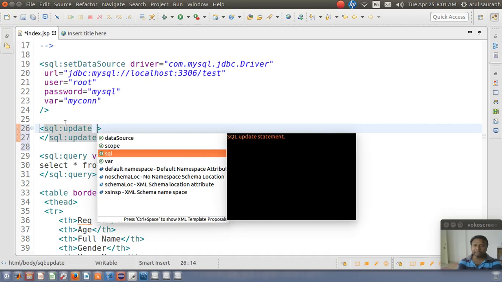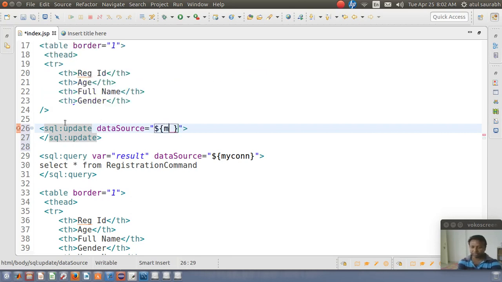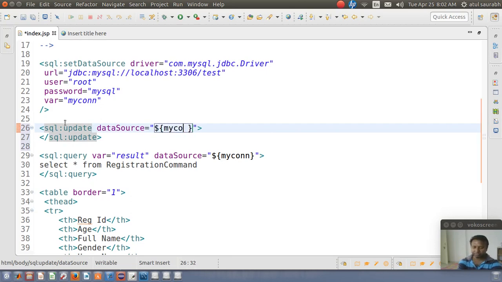We have the data source, which data source we are going to use. We are going to use again the same data source, mycon. And SQL is what?